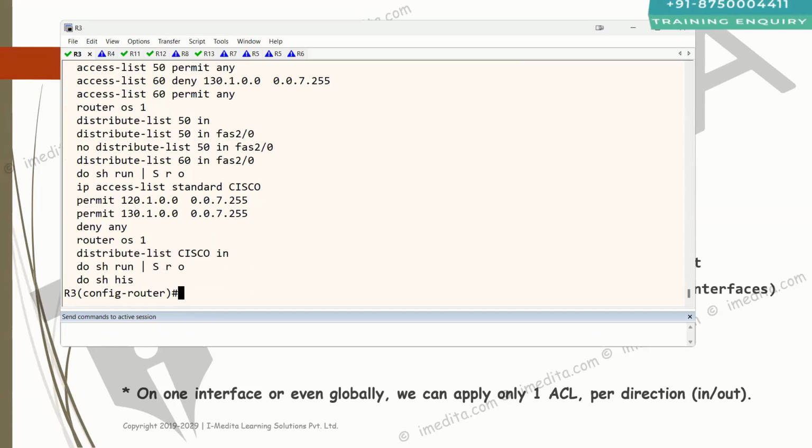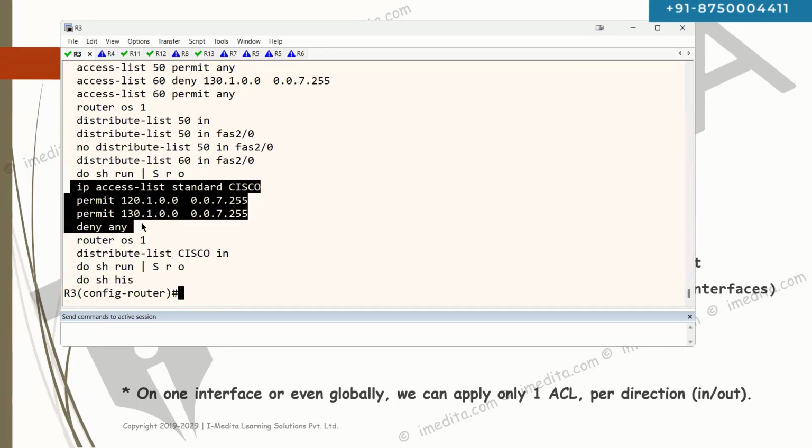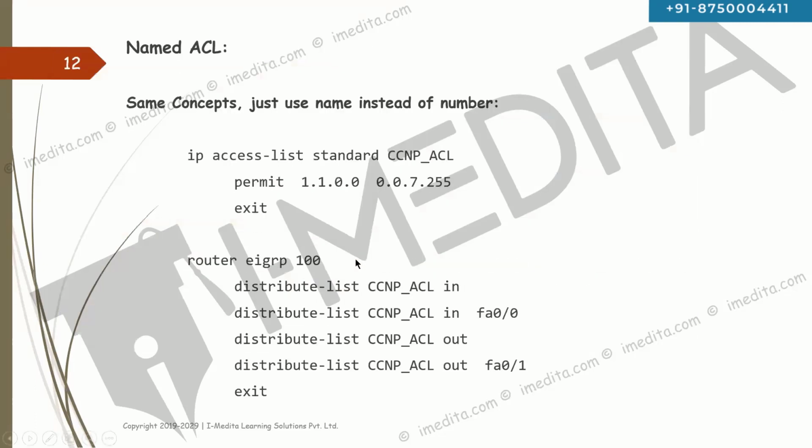Standard ACL is just going to filter. The standard access control list is just going to filter the prefixes based on IP address, like source IP address. And in the source IP, we need to specify the prefixes that we want to filter. No matter if it is a standard, extended, does not matter what type of it is, like named or numbered, it can be applied exactly the same way. This is how we can perform the route filtering using standard access control list, either named or numbered,